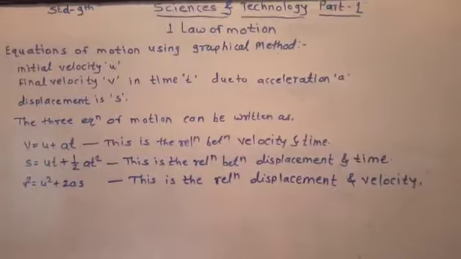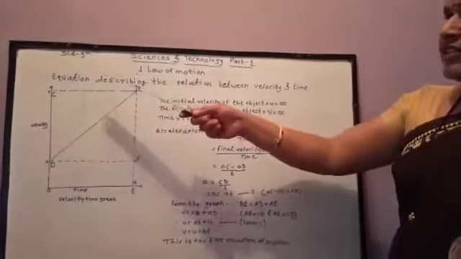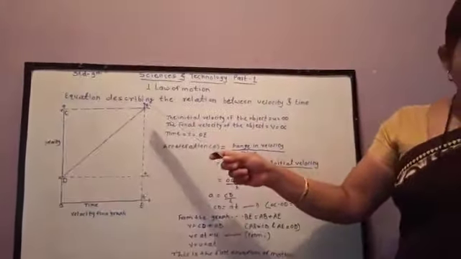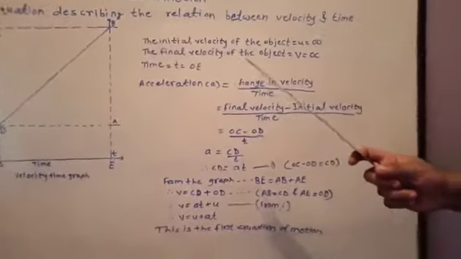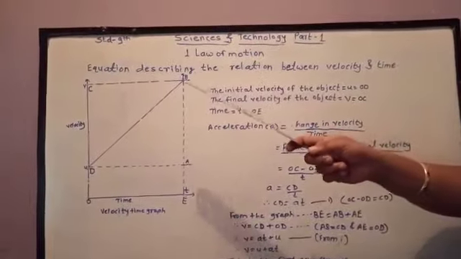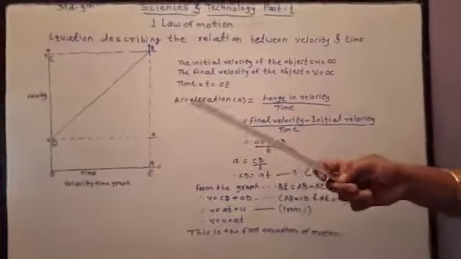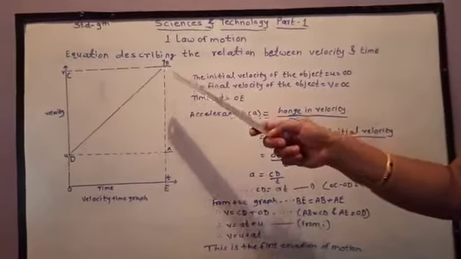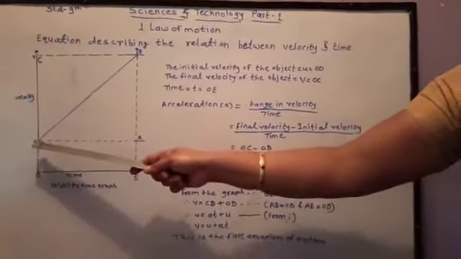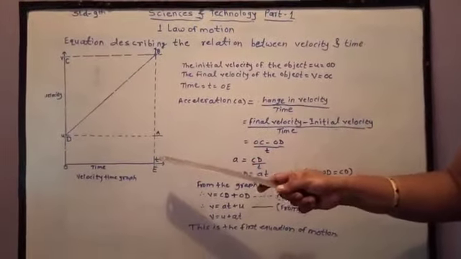Let us obtain these equations by the graphical method. First, the equation describing the relation between velocity and time. Look at this figure. This figure shows the change in velocity with time of a uniformly accelerated object. The graph of uniform acceleration is a straight line. The object starts from point D in the graph. The velocity is u. Its velocity keeps increasing, and after time t it reaches the point